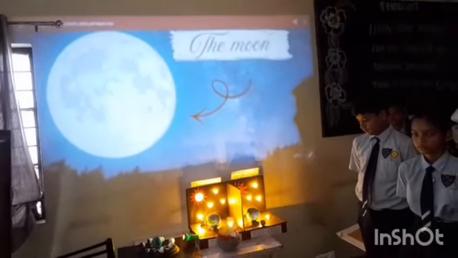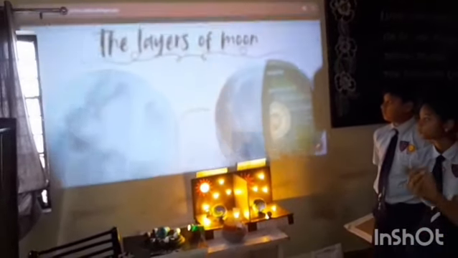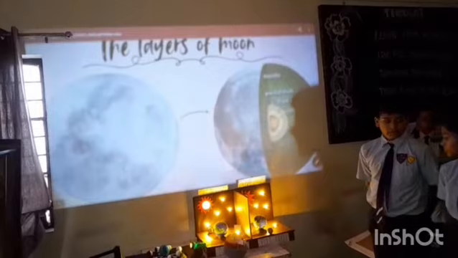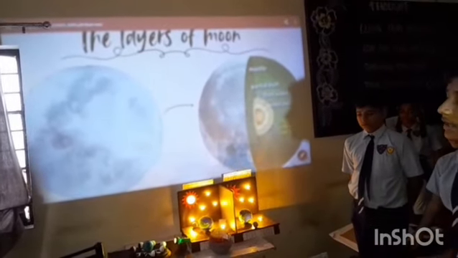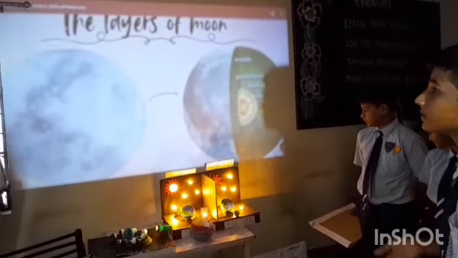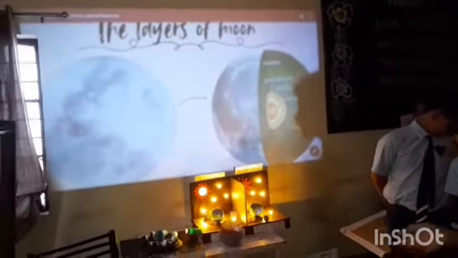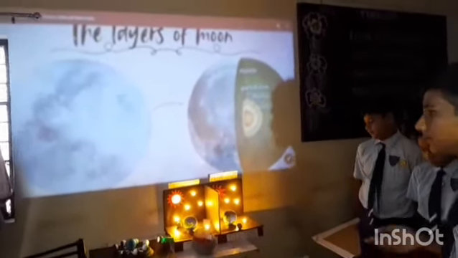occurs once a month. Like Earth, the moon has distinct layers, including the crust, mantle, and a core. The layer called crust is made up of rock and covered in a layer of dust and broken rocks from meteorite impacts known as regolith. Beneath the crust is the mantle, a small solid ball of iron surrounded by liquid outer layer.